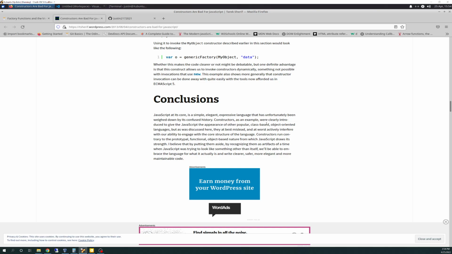Basically, they're saying constructors were clearly introduced to give JavaScript the appearance of other popular class-based object-oriented languages, but as was discussed here, can be misleading, and at worst actively interfere with the ability to engage with the core structure of the language. Constructors run contrary to the prototypical, functional and object-based nature from which JavaScript draws its strength. I believe that by putting them aside and by recognizing them as artifacts of a time when JavaScript was trying